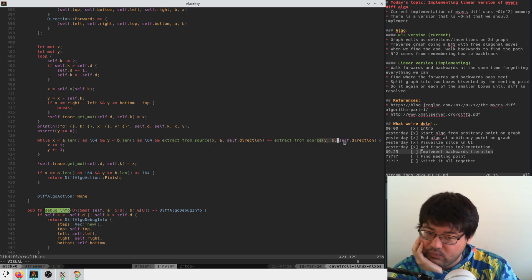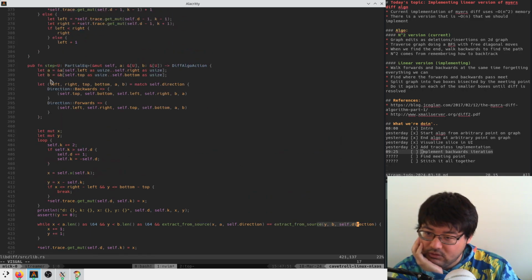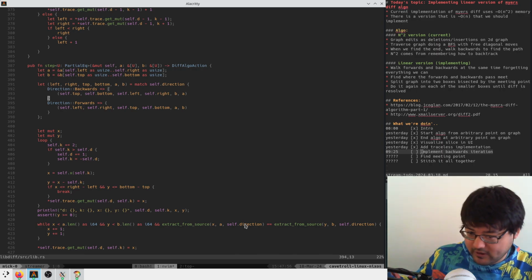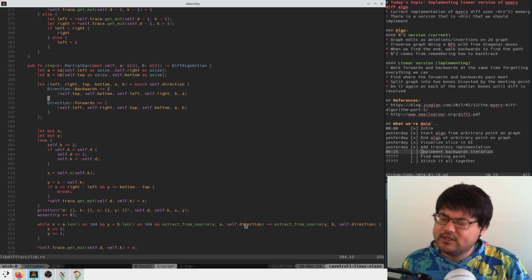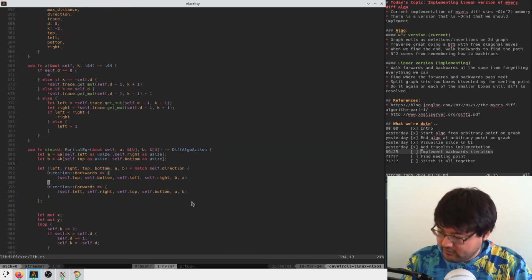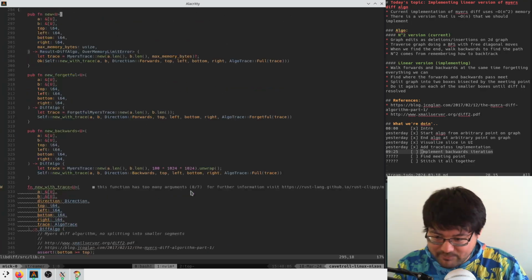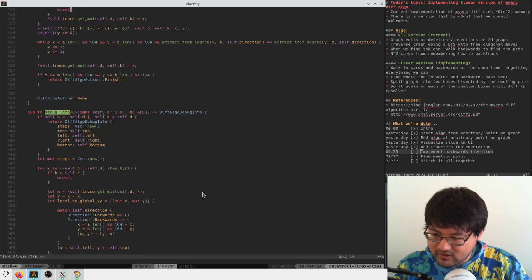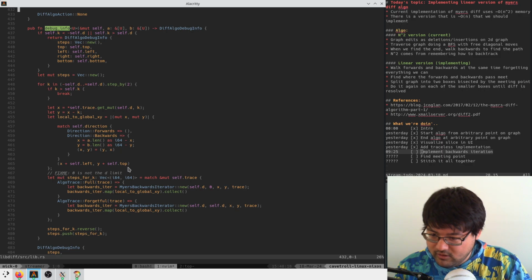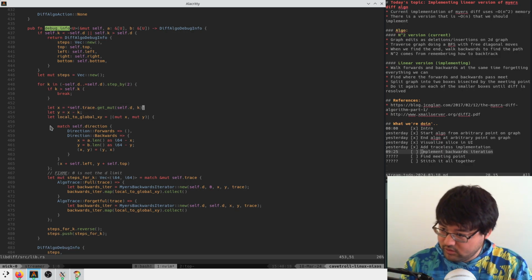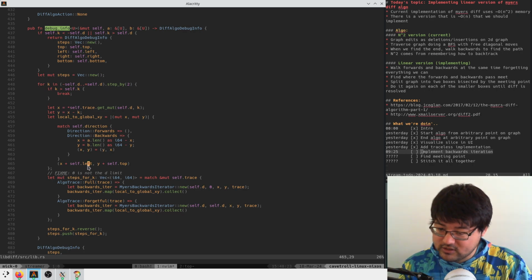X, A, Y, B. Here we swap A and B if we're going backwards, so X should be related to Y. Okay, but it's also more... It's the conversion from DK to XY for backwards conversion. Yes, it's the backwards conversion. So here we go. Let me extract an X value, which is actually the Y value that I stored in the trace. And I need to offset it by,